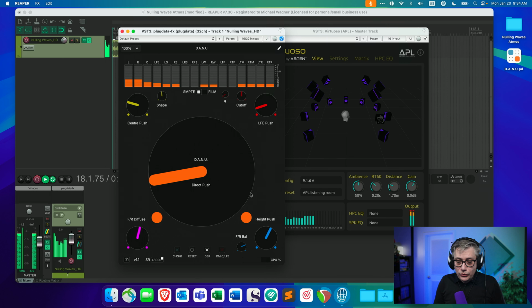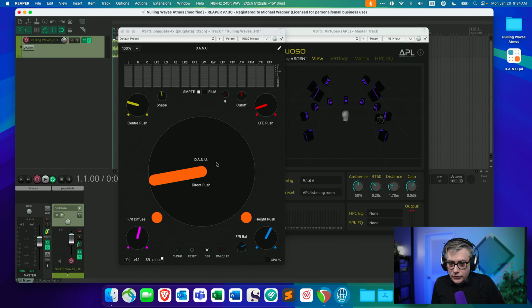And it is always doing that in a way that is not changing the stereo downmix. And that is one of the most interesting things about Dano. But I actually wanted to create a Dolby Atmos master file and not just a 9.1.6 surround sound file. And for that reason, what I'm going to do is I'm simply going to add the Dolby Atmos Composer Essentials from Fiedler Audio. Now I'm going to use that for two reasons.